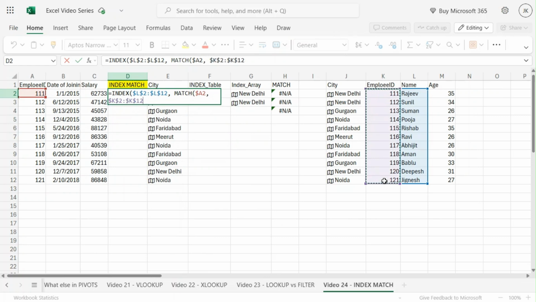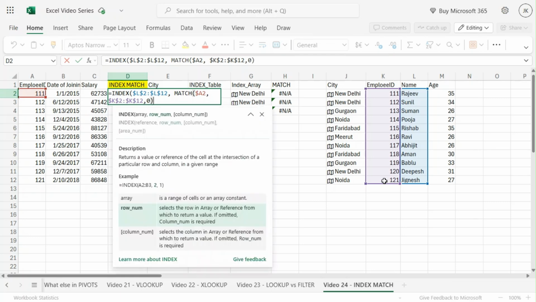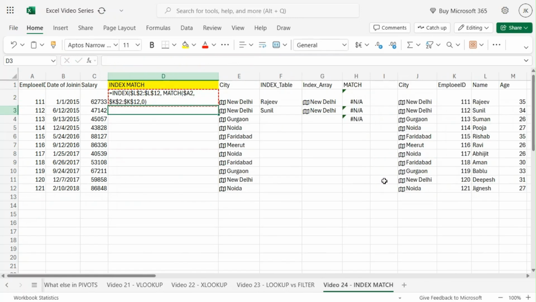I want an exact match, so I'll write 0 as well and then close this. The MATCH function will give me the row number in which employee ID 111 is present, which is the first row. And for that first row, I'll be pulling the value from column L, from L2 to L12, which is the first argument in this INDEX function. So when we do this and enter,